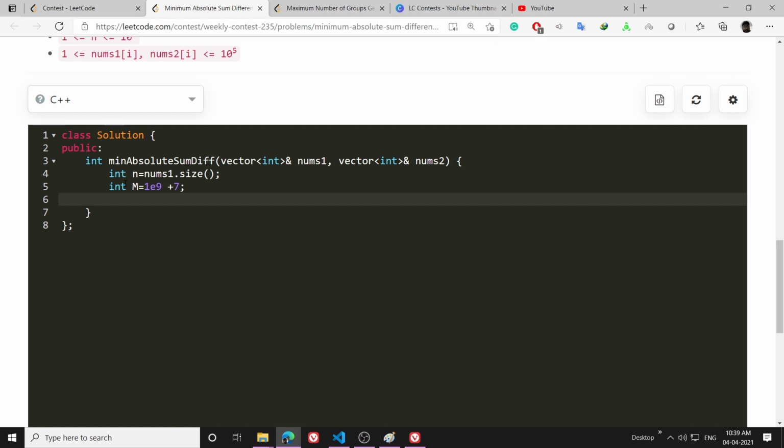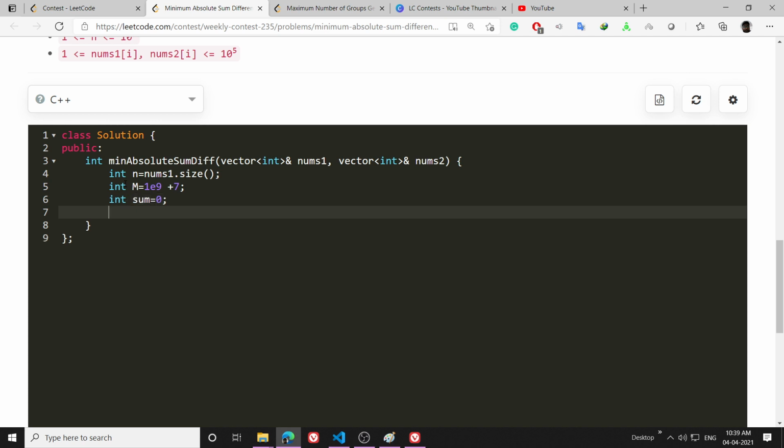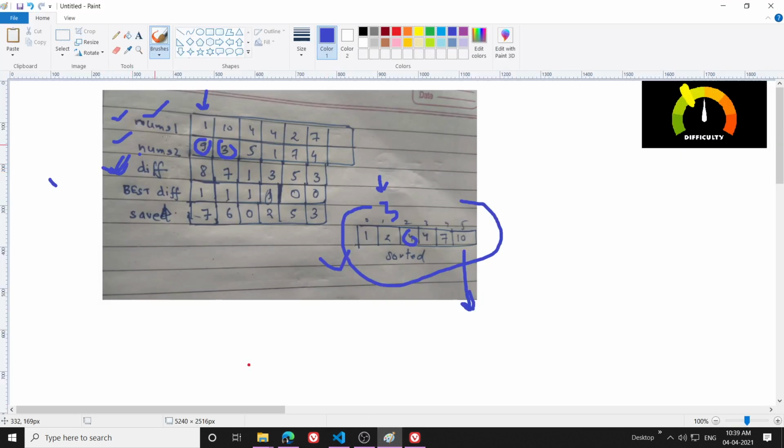Then I will create a variable called int sum equal to 0. First I will calculate the normal sum, and also I will make one variable called vector int diff of n. This vector will hold this thing.